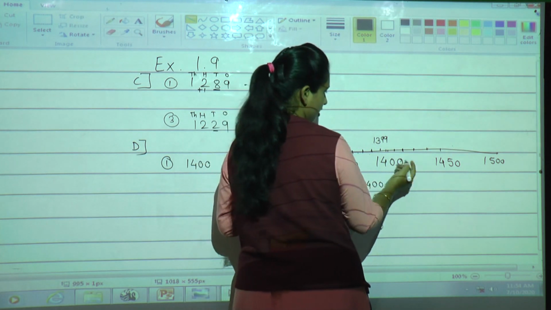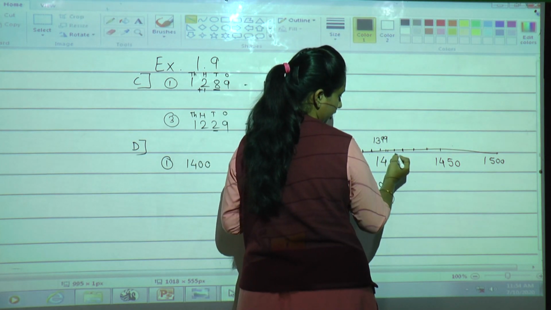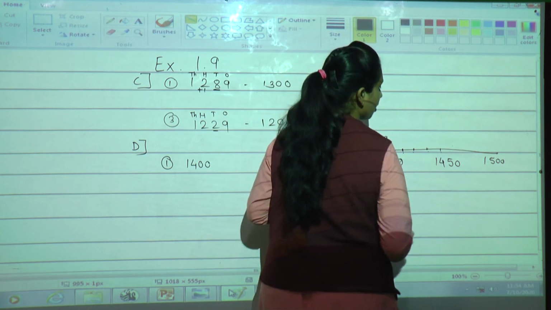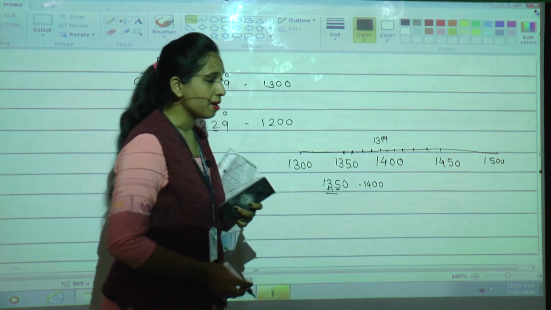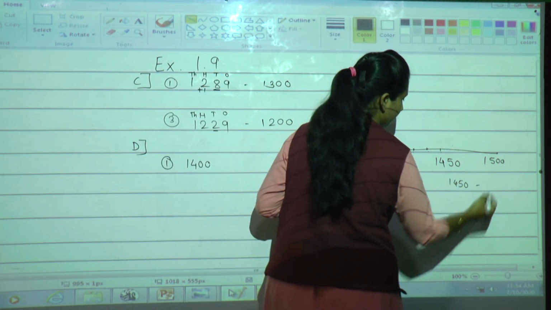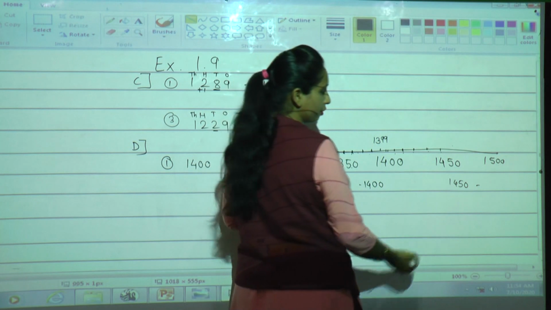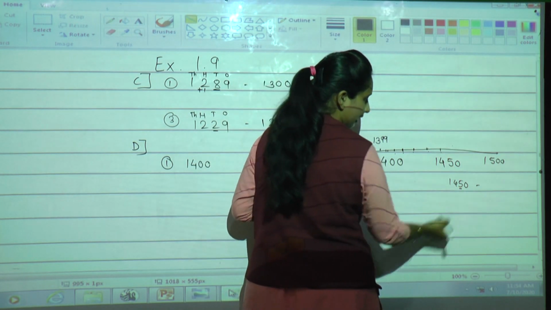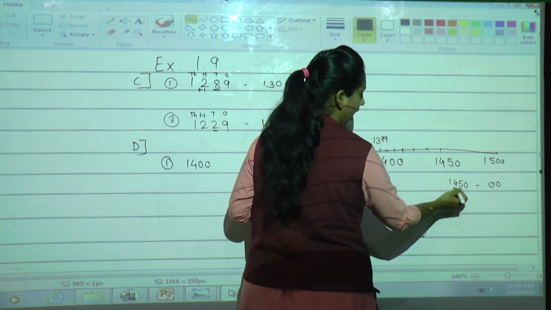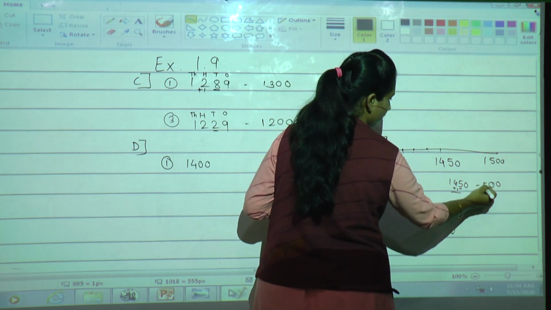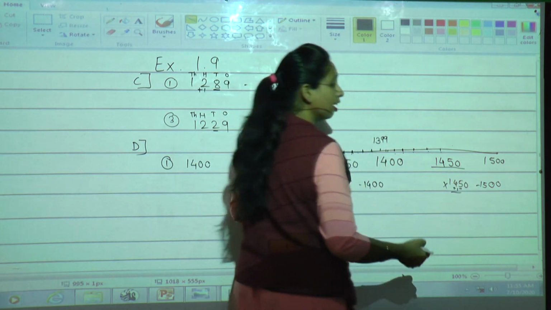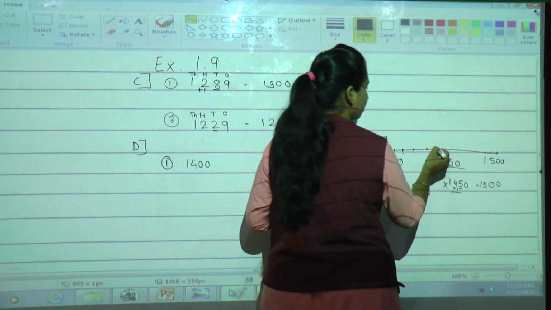Once we start from here, till where can we go? You can see here 1410, 20, 30, 40, and here is 50. See, if I take 1450, what will happen? The round off of 1450: underline the tens place, place the zeros at ones and tens, and add 1, 4 plus 1, 5. It goes to 1500, so we cannot take 1450. What will come before that?